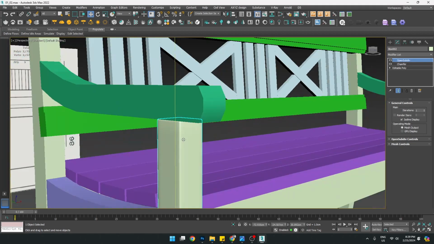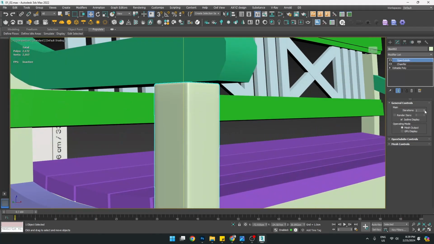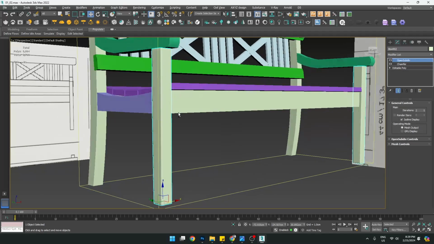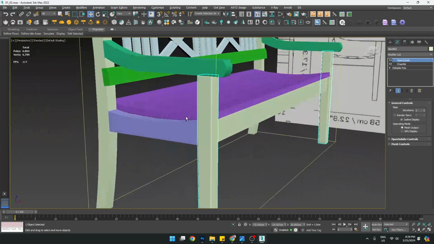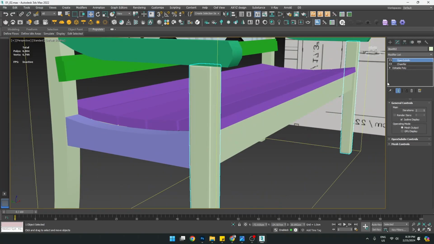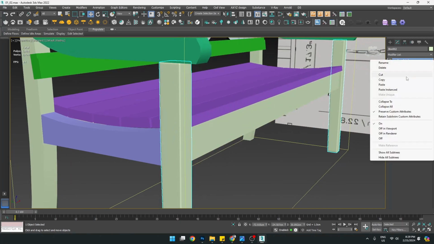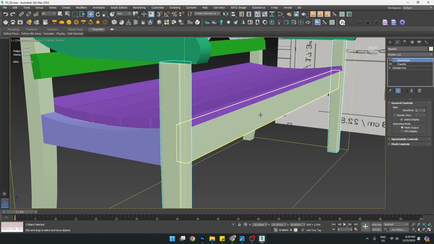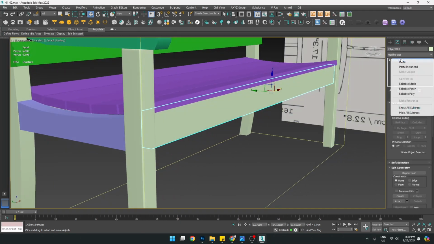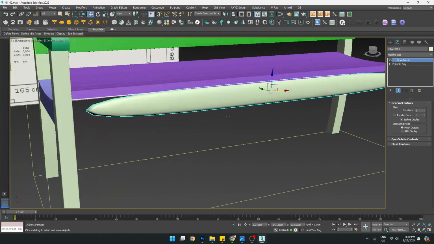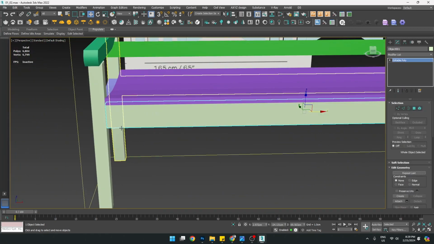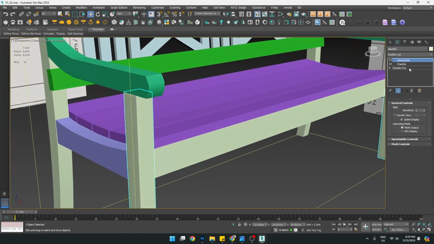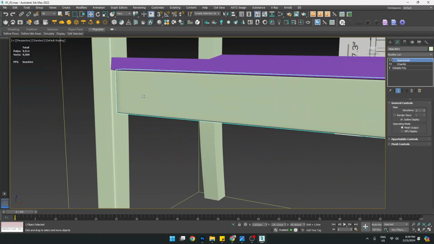We can add one more iteration if we want, so that the edges are coming fine. Yep, open, copy, and then paste. Boom. Again, forgot to add chamfer. Copy both, paste. As you can see,